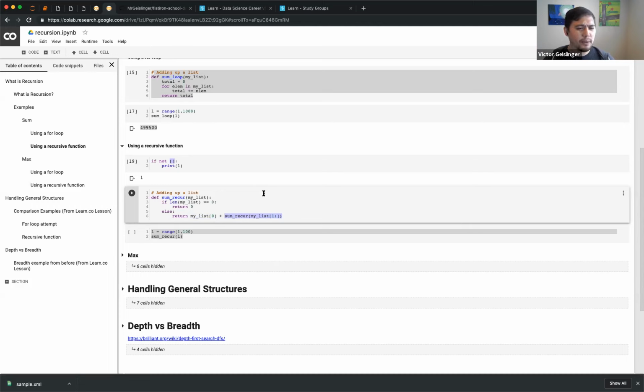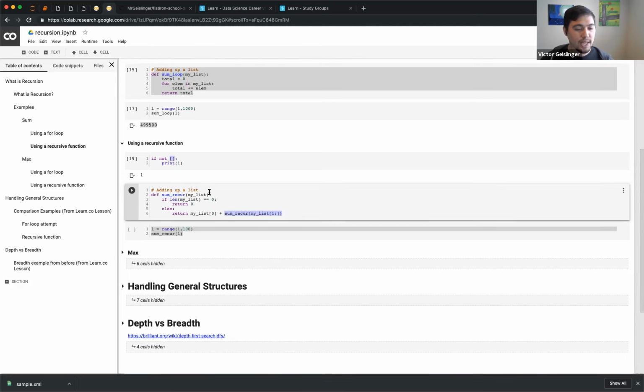It can be a little bit like, wait, what exactly is going on here? But this is the main structure. The main thing is basically you try to get rid of one part of it and then recall the function with the rest of your structure. So that's what's going on here. And if you haven't seen this before, it definitely takes a little bit of time to digest. So just kind of a warning.